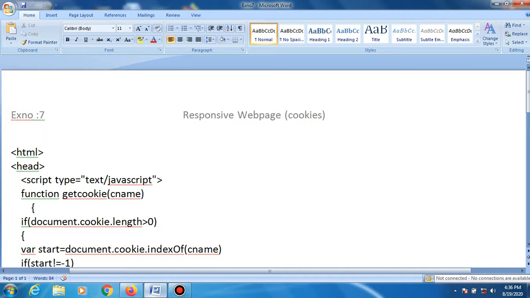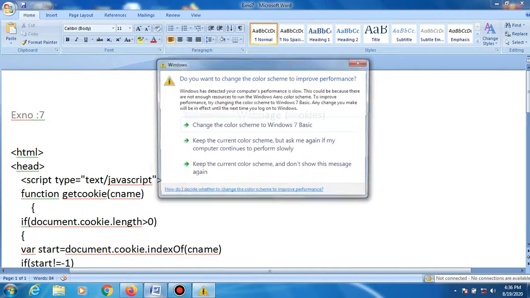I already gave you the PDF copy of two programs. You have to take more and more practice. First you have to write it down in the notebook, and execute this program in Notepad and save with the file name dot extension. Then you execute this program on the web browser.